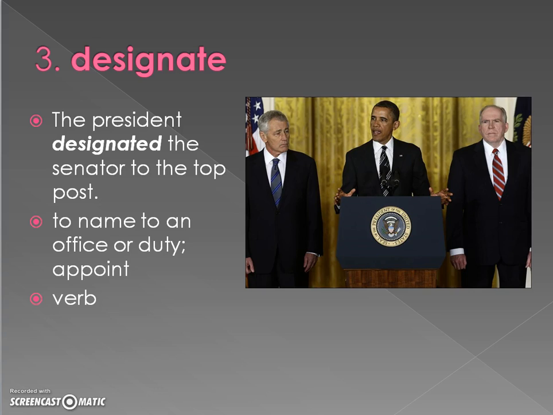So when a president is elected, they have to designate a variety of people to the cabinet, like Secretary of State, Secretary of Defense, Secretary of Education. And those people are not elected, they are designated by the president and then voted on by the Senate. Designate again means to name to an office or duty or to appoint. Your next word is